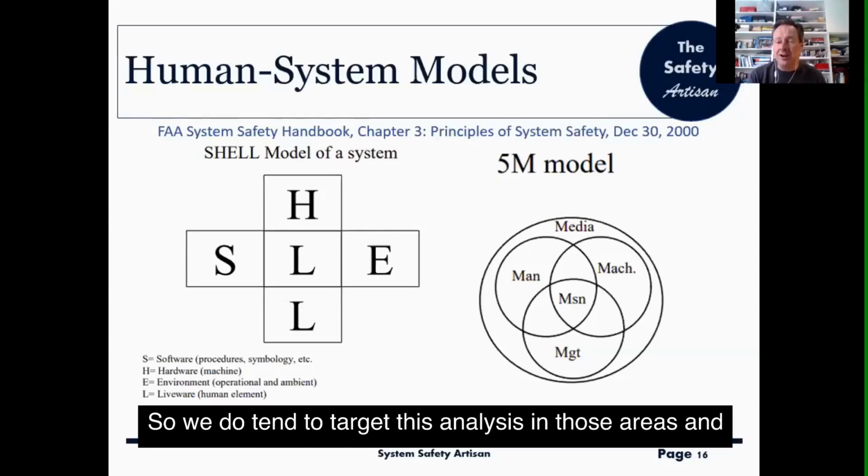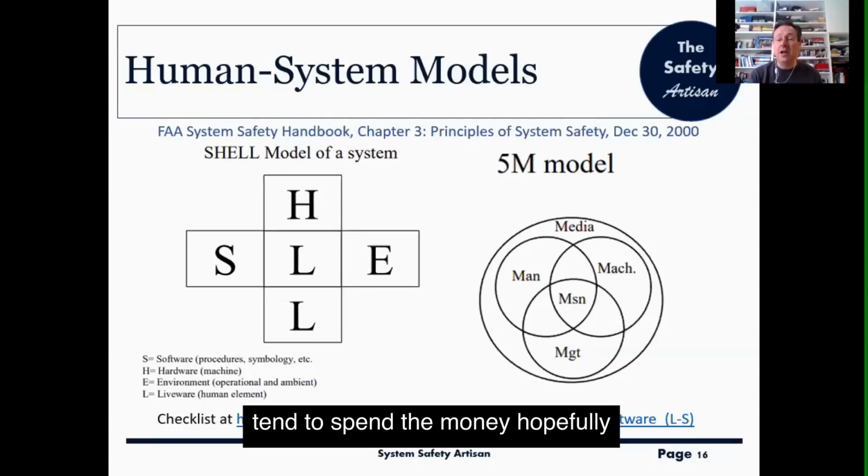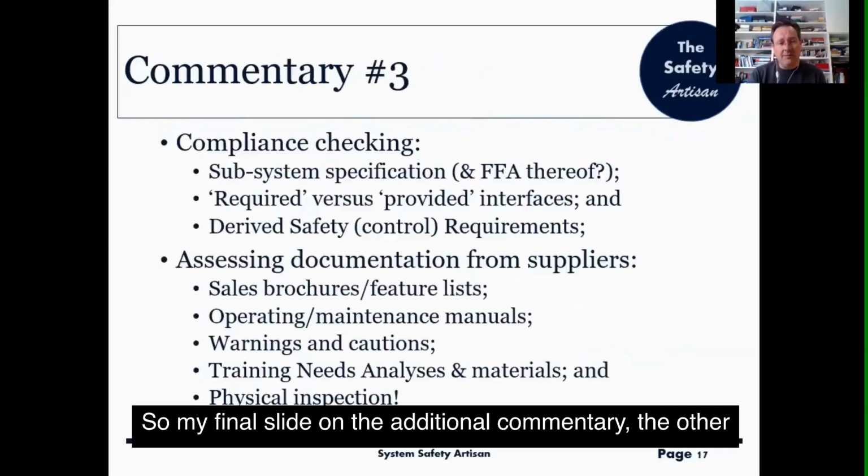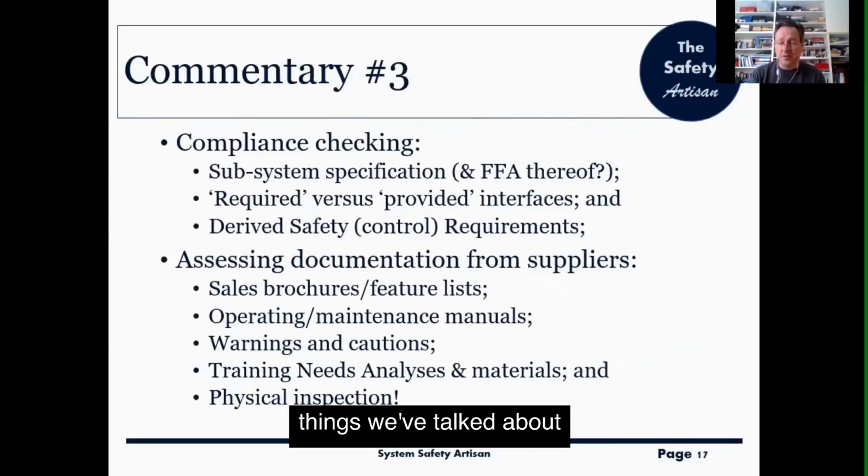So we do tend to target this analysis in those areas and tend to spend the money, hopefully in a sensible and targeted way. So my final slide on the additional commentary, the other things we've talked about for this